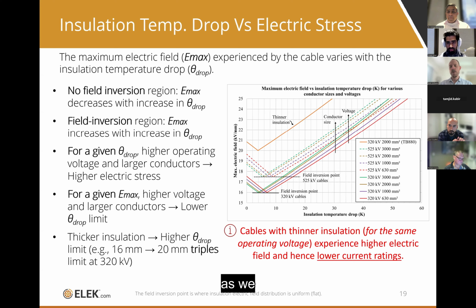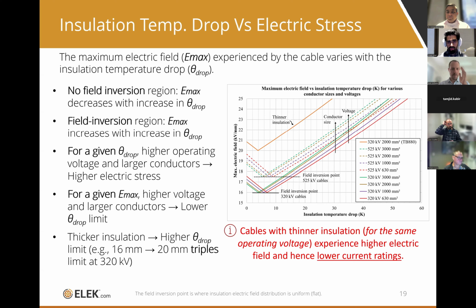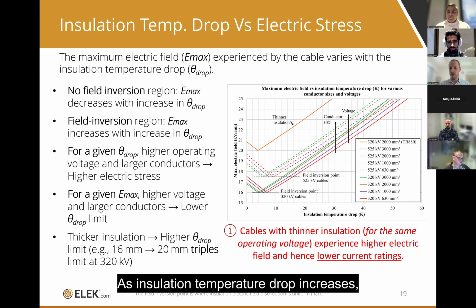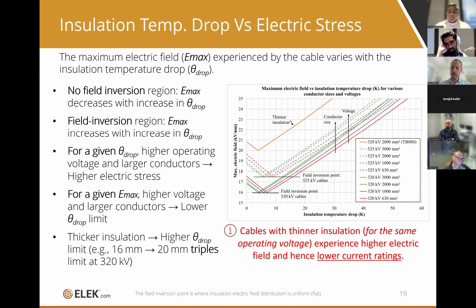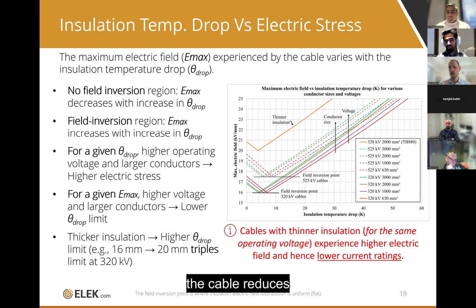So before field inversion occurs, we're on the left-hand side. We've got the sloping curve from the left-hand side to the right. As insulation temperature drop increases, the maximum electric field experienced by the cable reduces up until field inversion